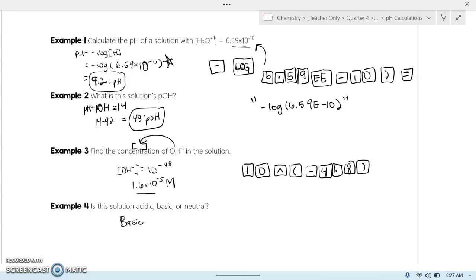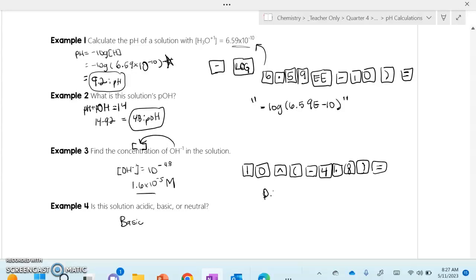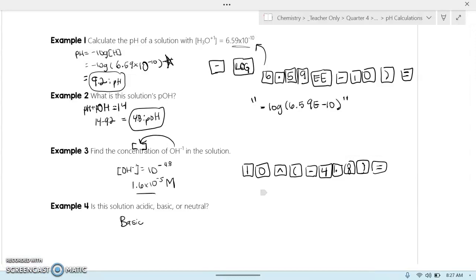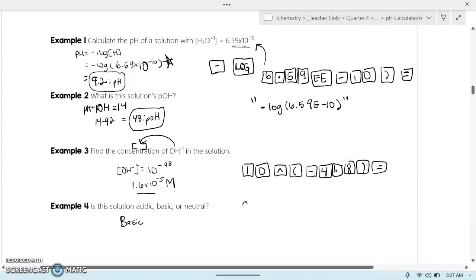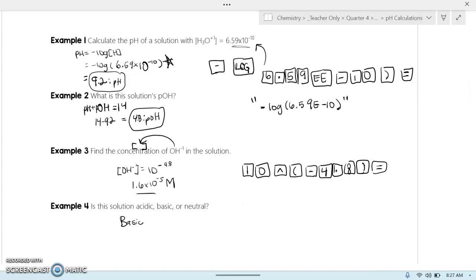Don't forget that negative, and then equals. And then I got from my calculator 0.0, lots of zeros, but I wrote it in scientific notation. Your calculator will not always show it in scientific notation if it doesn't have too many zeros like this one,